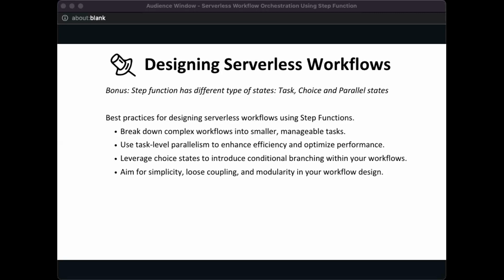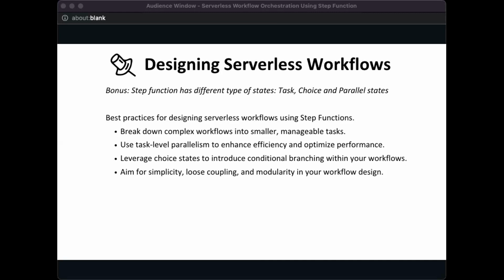practices, if you apply them on your step functions, if you apply them on designing your workflows in step functions, it's going to make you enjoy the usage of step functions. It's going to make you see the business benefits that you can derive from actually using step functions. Okay, and the first